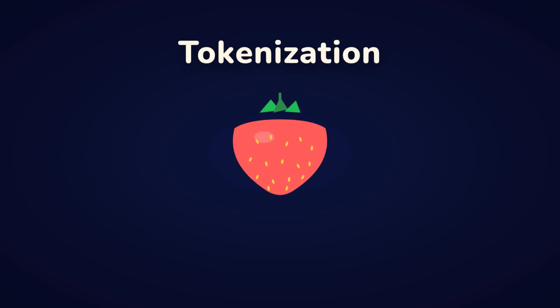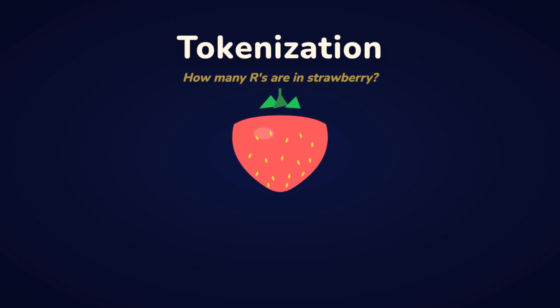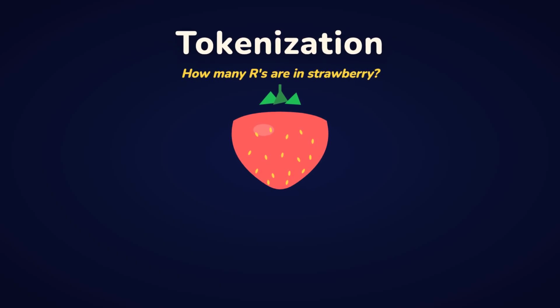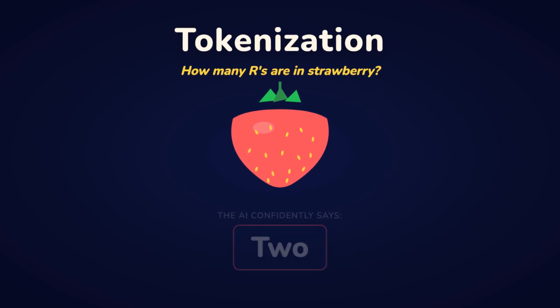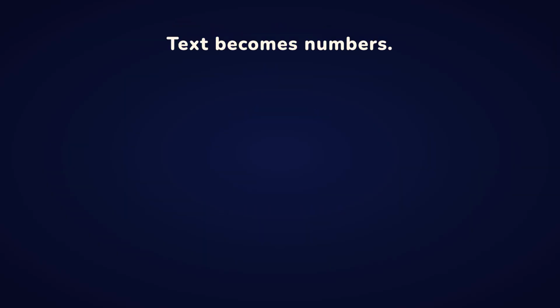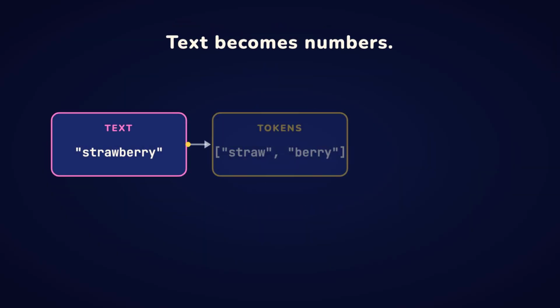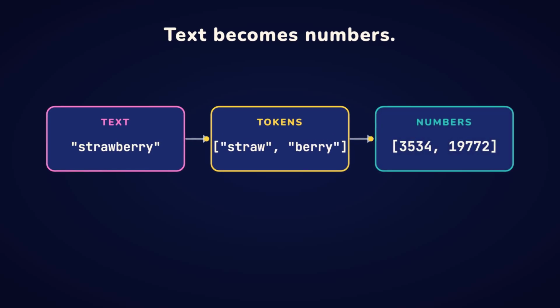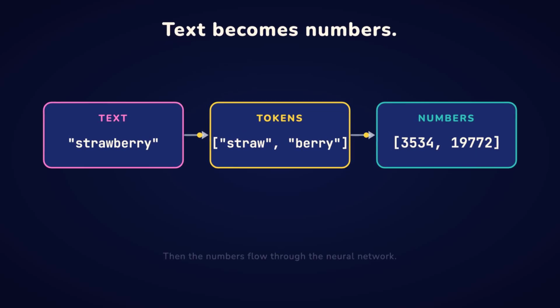Here's a question that broke the internet. Ask a large language model how many R's are in the word strawberry, and it will confidently say two, or some other wrong answer. So, why does the smartest AI in the world miscount letters in a single word? The answer hides in a step that an audience never sees, and that is the moment your text turns into